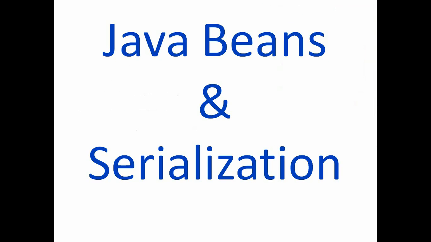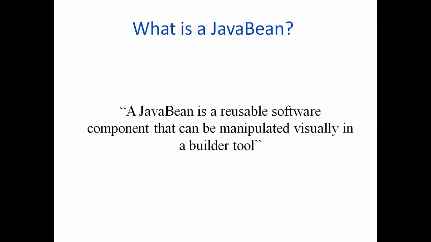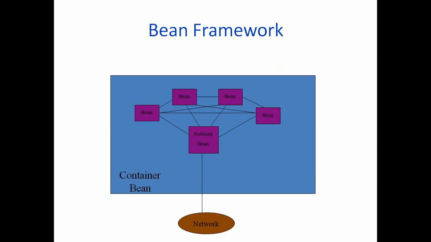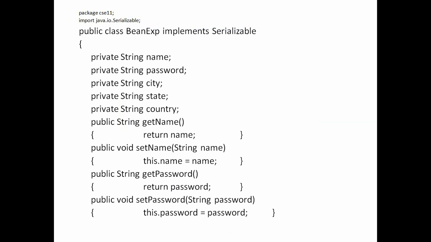So Java Bean is a very important concept of advanced Java and web technology, and I have already explained all the programs of Java Beans to you. So I am repeating the same program which I discussed in the last class. We need getter and setter methods. We know it very well that getter and setter methods are used with Java Bean.